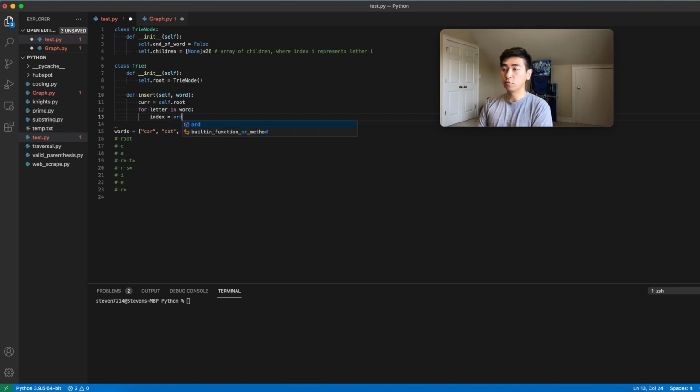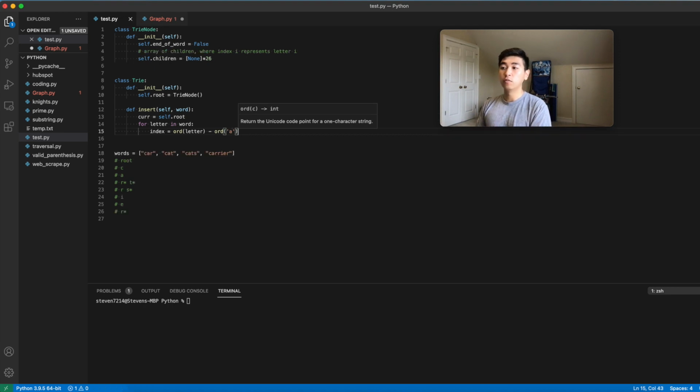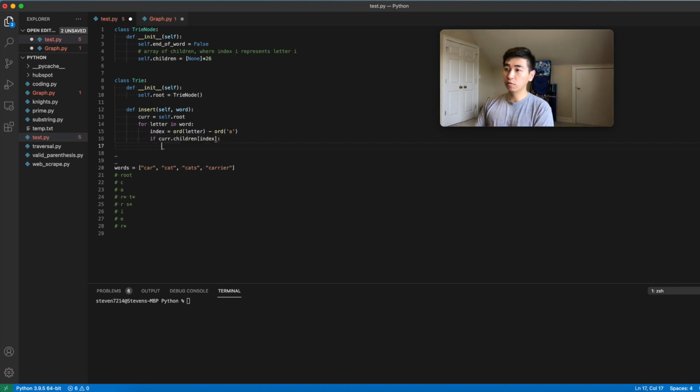We can get this by using ord, so we'll convert it to ASCII, and we'll subtract the ASCII value for A to zero-index it. So this gets the index within the node, and if the child here does not exist, we just need to create it, and we set our current to